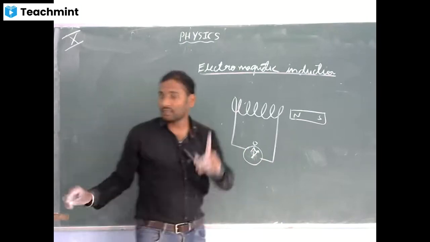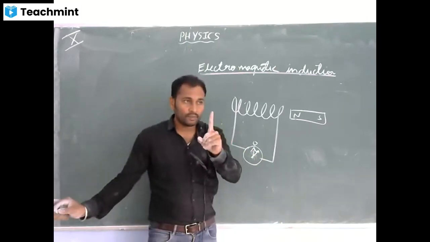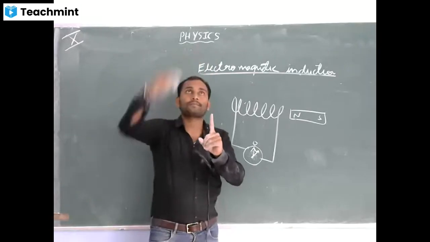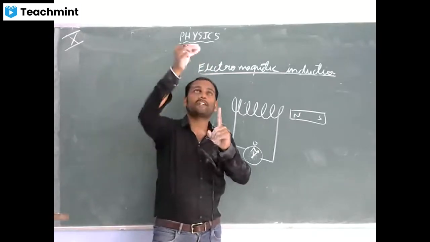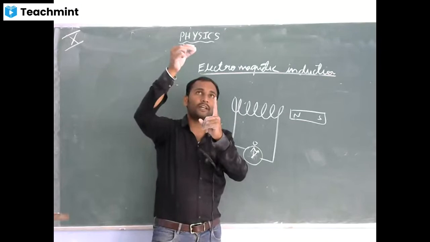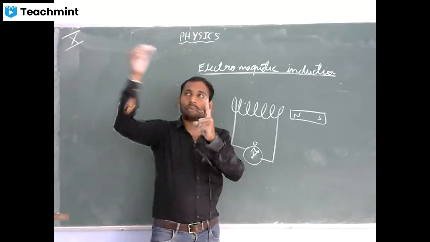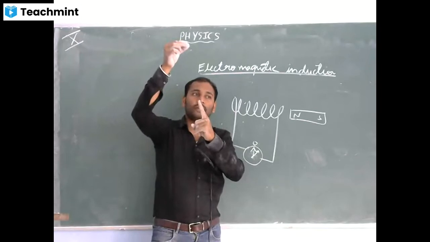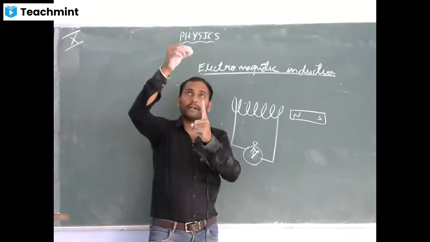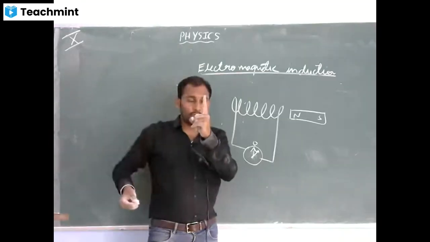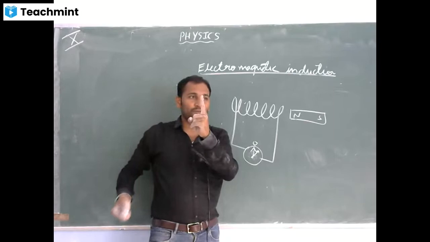Deflection in the sense, this is the galvanometer. Okay, there is a coil here. I am moving the magnet inside the coil. This galvanometer will show deflection, only this much. I move, it will show. Again, it will come back to 0. I remove, it will show opposite deflection, and come back to 0. I throw the magnet inside, it will show the deflection like this, and come back to 0.